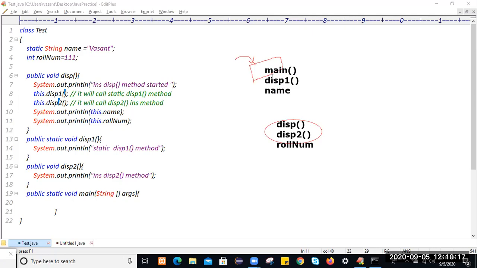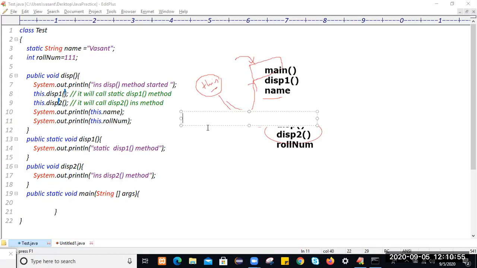Okay, when you try to access the static members of the class with any reference variable, it may be a predefined reference like this keyword, or it may be a user defined reference. So what will happen during compilation time? First the compiler will check for this method or name variable in object memory. Because this will point to that object. The compiler won't find this method as well as the name variable there. So then the compiler will automatically go to the common memory of the class, and an automatic conversion will take place.